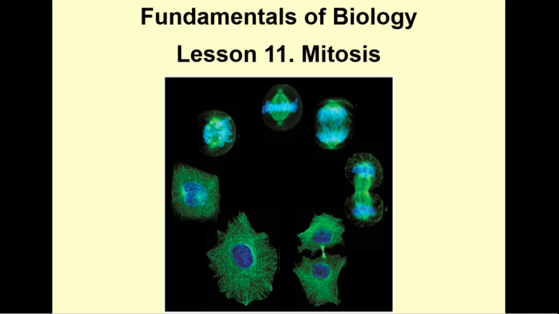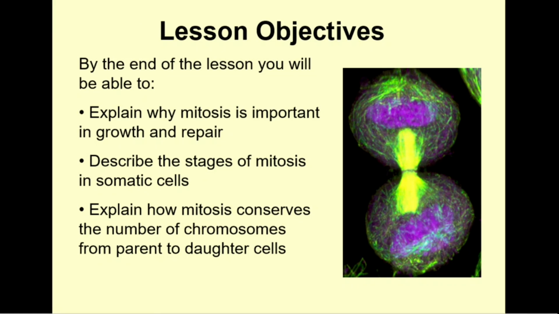What we're going to look at in this session is the first of two types of cell division, and that is mitosis. The aim of this session is to talk a little bit about what mitosis is and why it's important in growth and repair of an organism. Then we need to dive a little deeper and have a look at the different stages of mitosis to talk about what's going on in each one. And then as we go through, I'll explain how mitosis conserves the number of chromosomes from parent